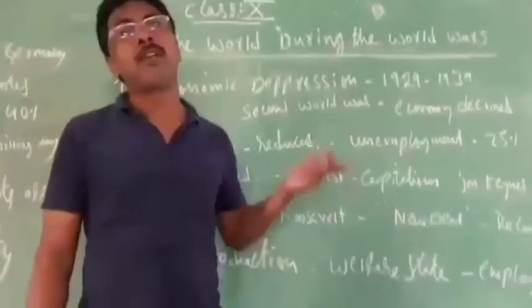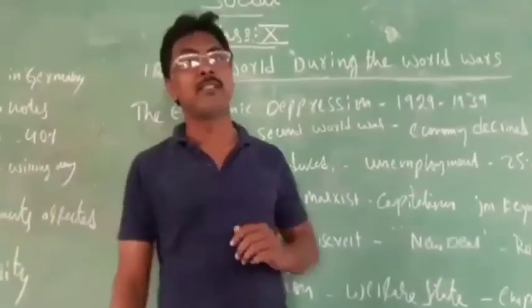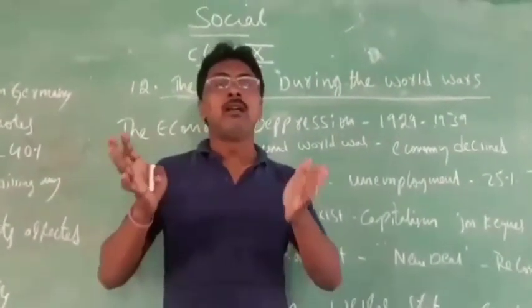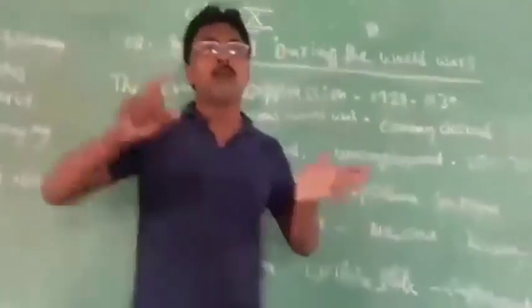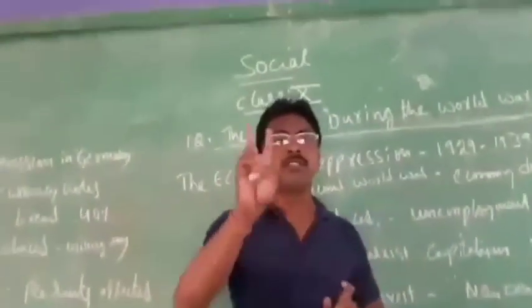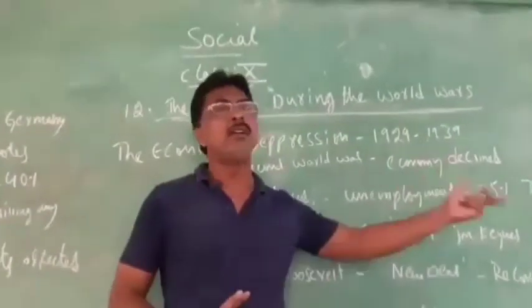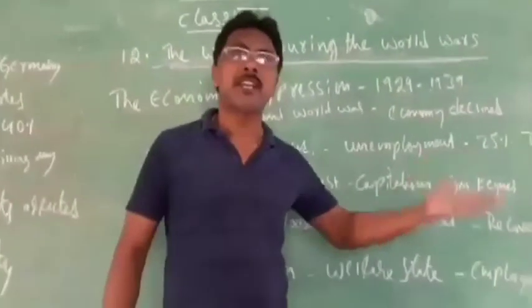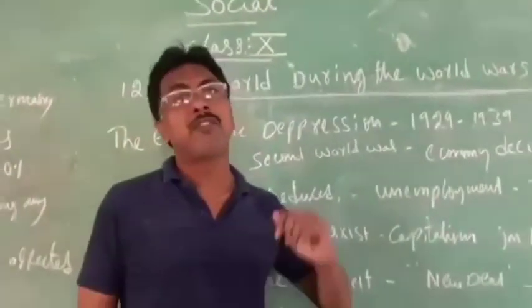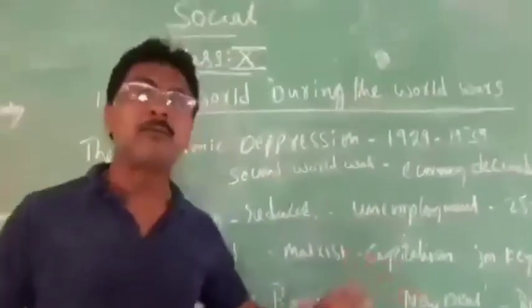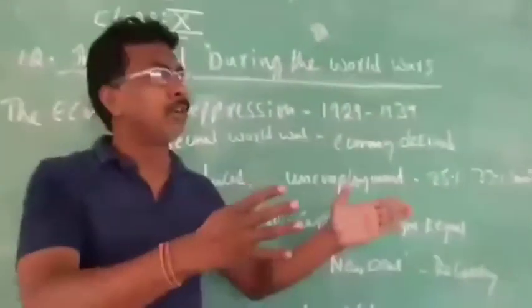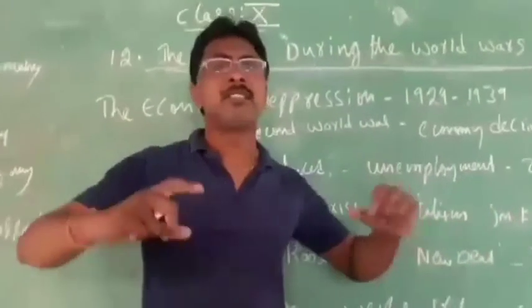And I told you, after the death of Lenin, Stalin rose and started ruling the same way. He also developed the 5-year plan. The 5-year plan had two parts: industries, developing industrialization, and agriculture. He gave importance to agriculture and industries, and they developed a lot. That we have discussed in the previous class. After the death of Lenin, Stalin took over, and whatever principles Lenin followed, Stalin also followed.